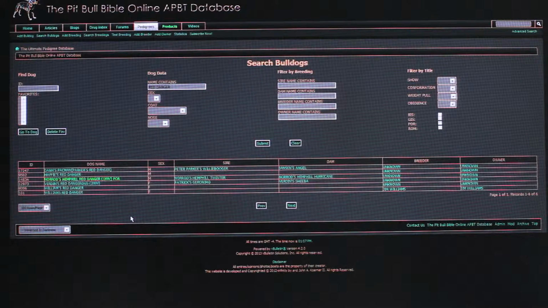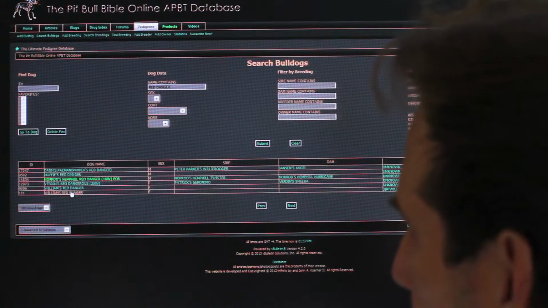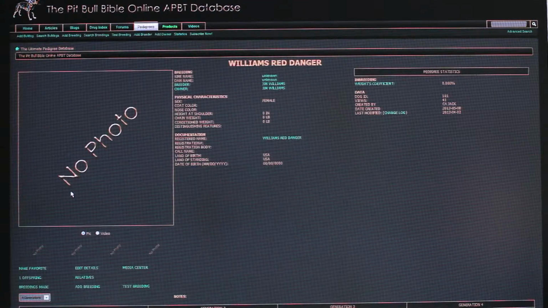And the reason is simply because you're not entering dogs properly. So the first step in learning how to enter dogs properly is searching for them properly. By putting just Red Danger, not Williams, I see two Williams Red Danger. Now, if I'm smart, what I'm going to do is choose the Williams Red Danger that has the most dogs put under it. Even though this one is misspelled, I'm going to choose this one because more work has